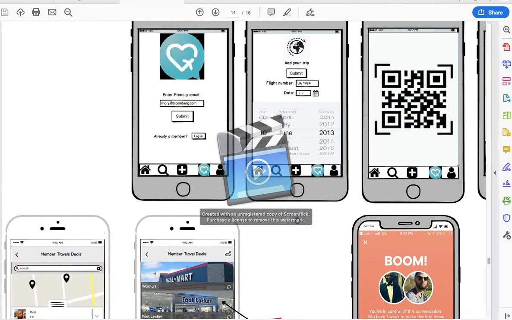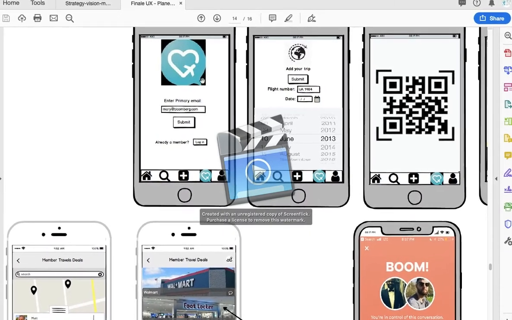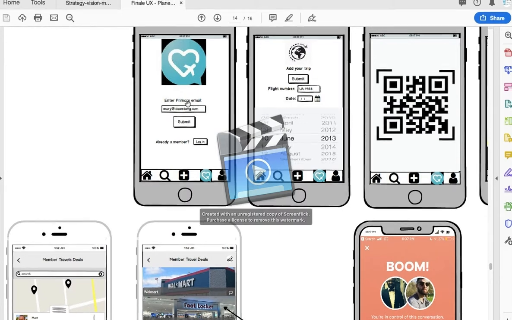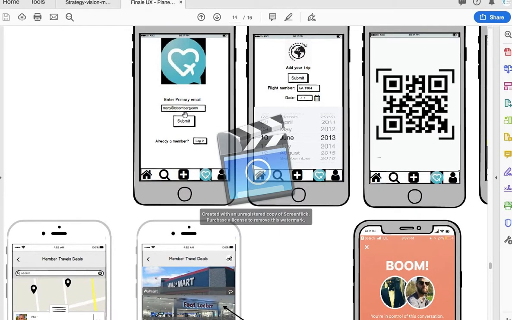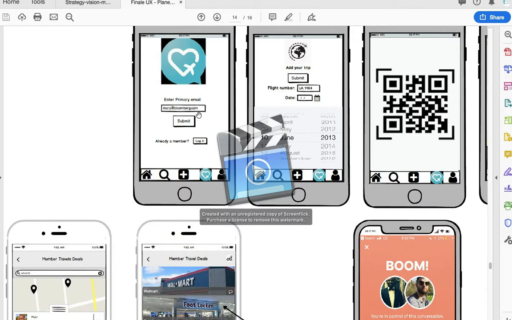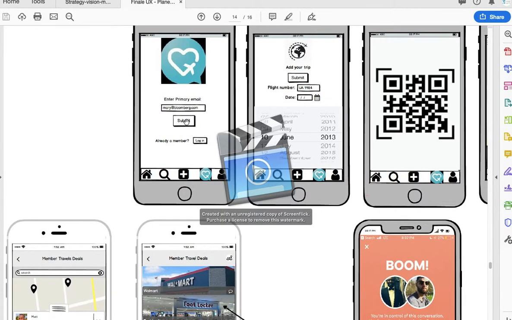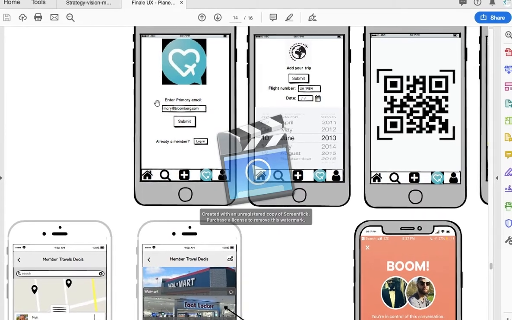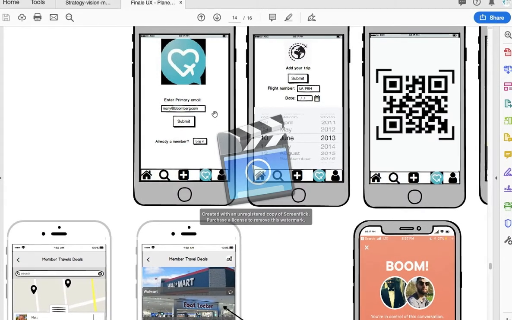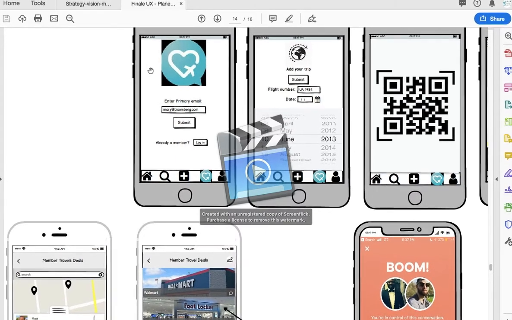That's nice, but this is like the manual mode, and this is where you put in your primary email. We use something called TripIt. TripIt.com allows you to, when you put the primary email you use for booking your travels, you just put that in here and hit submit. It will use the TripIt API and populate all your travel details into the app. So that's what this is.